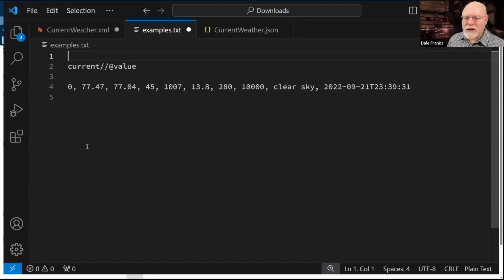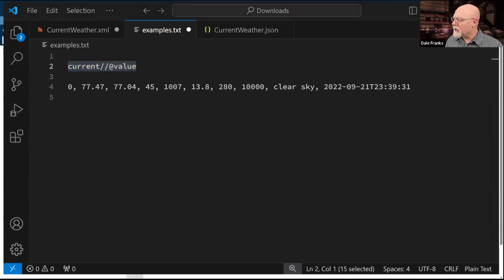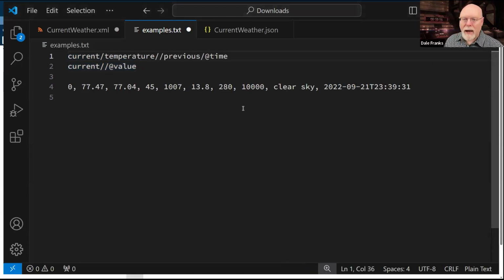But that slash says, okay, fine, grab me everything that matches. What I'm basically doing is writing a search term with that slash. This basically says, find me everything in current that uses the attribute value. Just like the one that we used previously just a minute ago, and let me repaste it back up here.